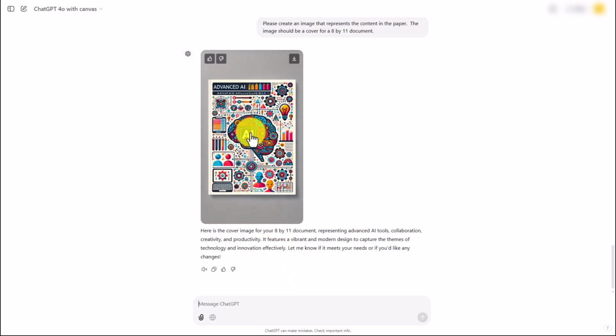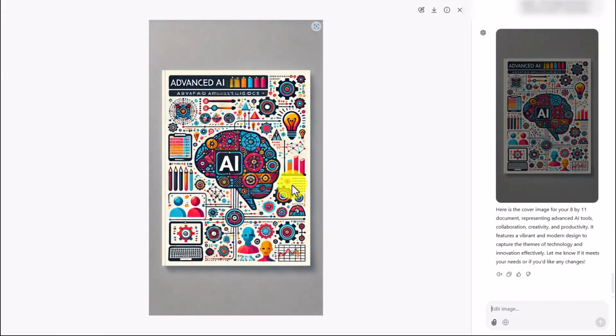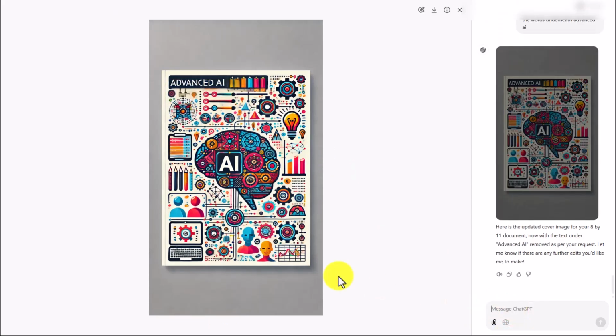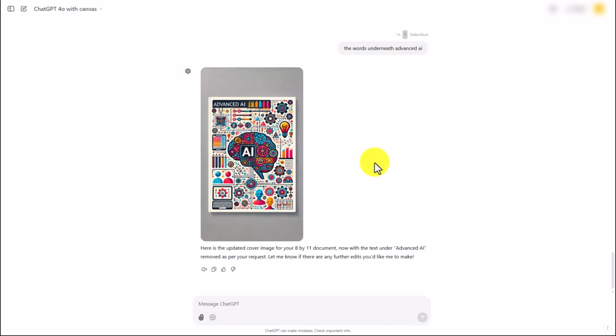Now, this particular image does have writing in it that we may or may not want. The writing is not spelled correctly. So we're going to edit this element. We're going to make this element smaller. And we're going to ask ChatGPT not to include the misspelled words. And we have now corrected our image. So we now have our images that we will be using for both our presentation as well as our cover